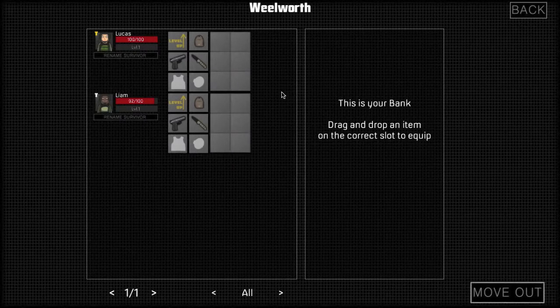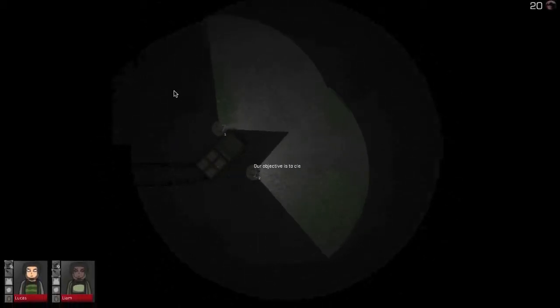So let's see, this is our loadout screen, pretty standard, just give our people the equipment that we'd want to. So let's go ahead and get started on this second mission here. So basically,